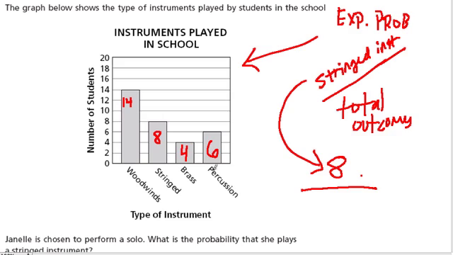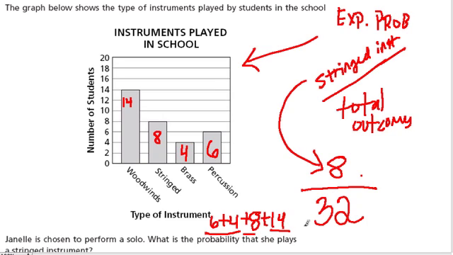So altogether there are 6 plus 4 plus 8 plus 14 instruments, and that is, well, 14 and 10, 6 plus 4 is 10, that's 24, plus 8 is 32. So we have an 8 out of 32 chance of picking a stringed instrument if we're randomly selecting an instrument